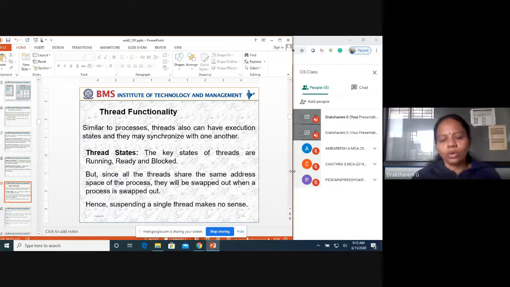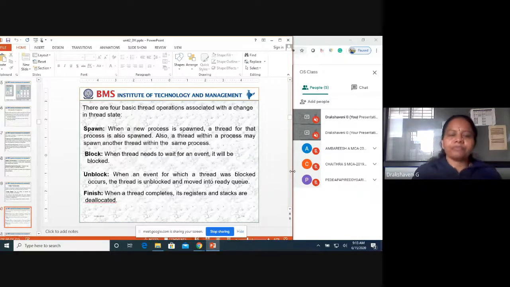Sometimes, because only one processor can do input and output, we need to swap in and swap out. That is what we do with thread functionality. Hence, suspending a single thread makes no sense.